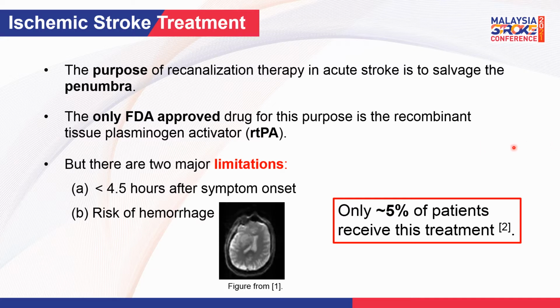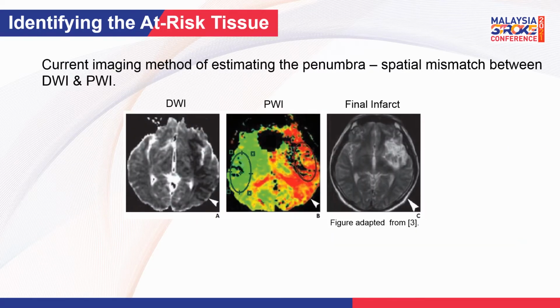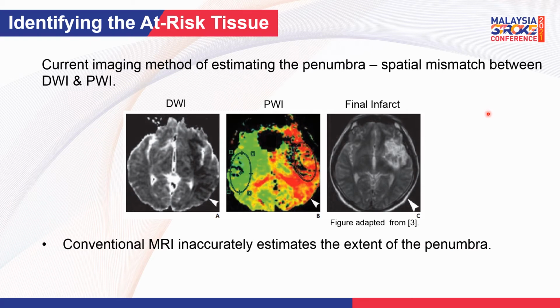And because of this, there is a need for an imaging technique that can accurately identify the penumbra area in order to better stratify patients to receive this treatment. So the current conventional method of estimating the penumbra area is through the spatial mismatch between diffusion and perfusion weighted imaging. However, these MRI techniques actually inaccurately estimate the extent of the penumbra,